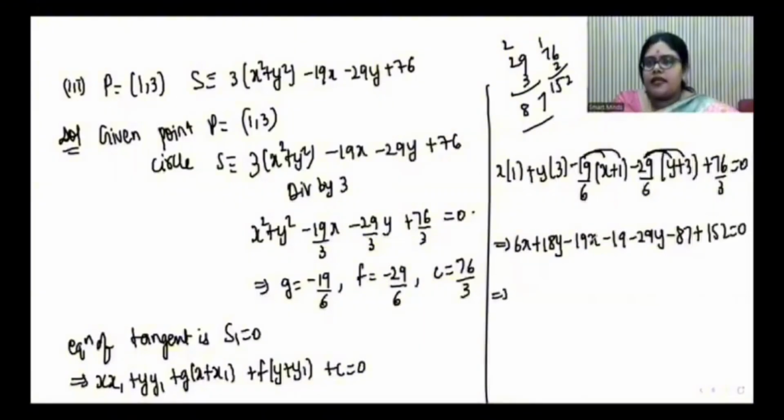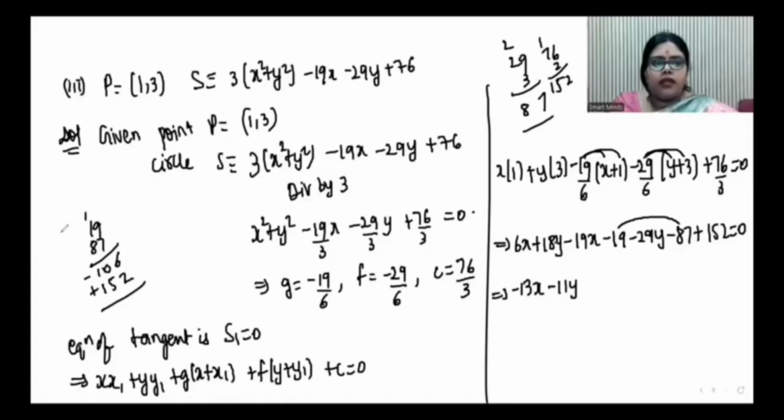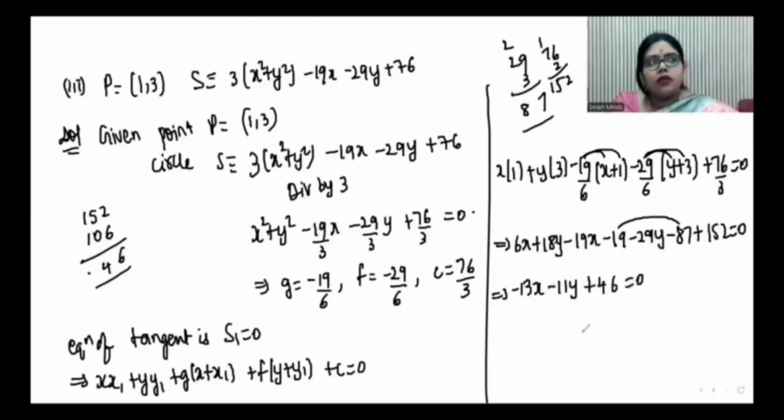Now 6x minus 19x is minus 13x. 18y minus 29y is minus 11y. Now minus 19 minus 87 is, add 19 and 87 first. You will get 106. So this is minus 106. What is minus 106 plus 152? So we need to subtract 152 minus 106. 12 minus 6 is 6. This is 46. So plus 46 is equal to 0. Now if you take